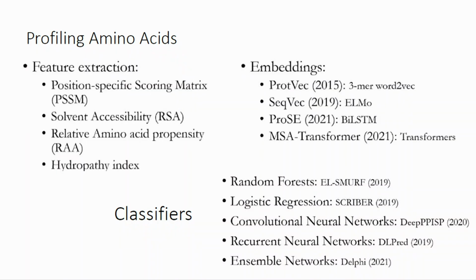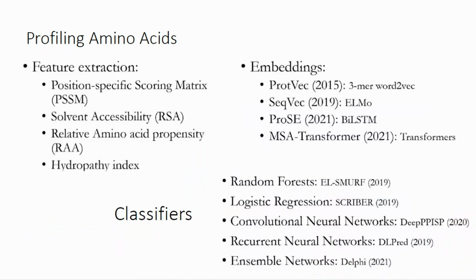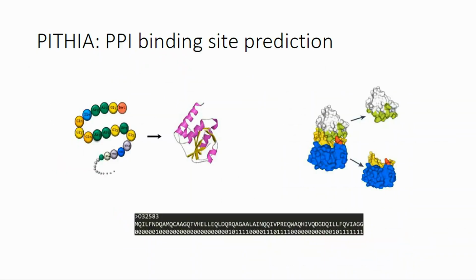And also you can make use of the MSA information, which is naturally available data from evolution that already tells us some information about which residue is important or not. So in the earlier days, this kind of information is used to make predictions of where the hotspots are. And particularly, for example, one method called Pythia,